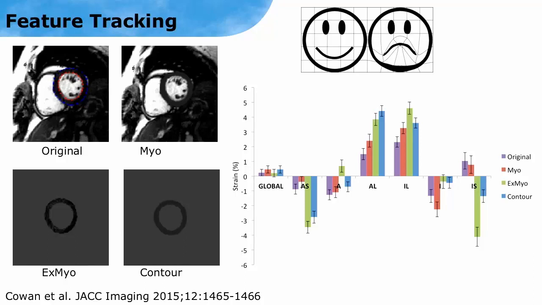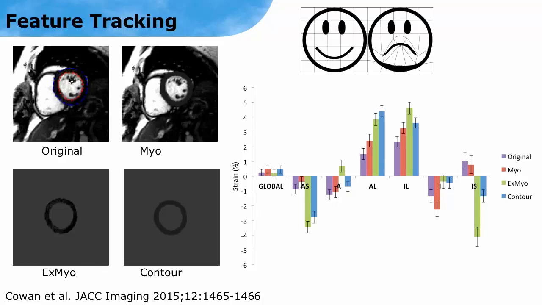Now, if you're dealing with patients that have really bad regional function, you are going to see that in feature tracking. They'll come up because of their barn door regional wall motion abnormalities. But if you're into subtle things, then you'll see an artifact due to feature tracking. So this was a little experiment that we ran just to have a sanity check about what we're tracking when